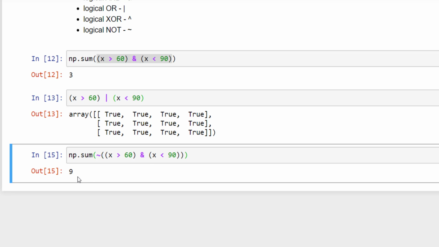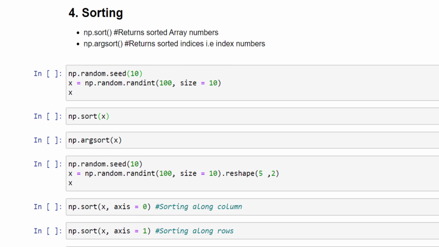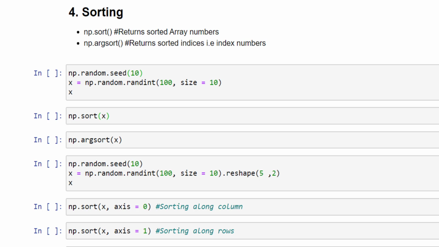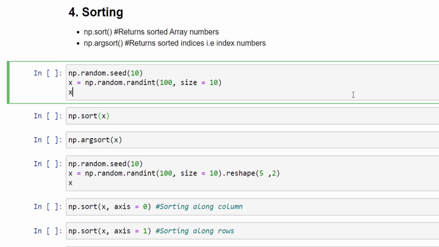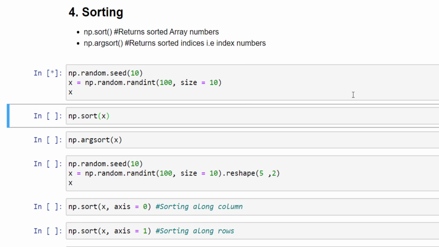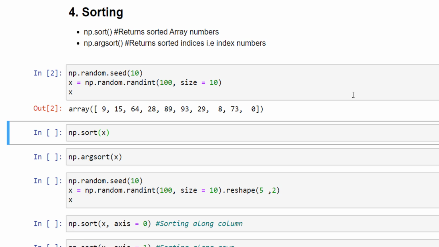So we have 9 values which are not in between 60 and 90. The fourth topic is sorting. So let's see how we can perform sorting on a given array. So let's first generate an array of size 10. If we want to perform sorting on this given array, we can use np.sort and pass the array as an argument. And if you run that,